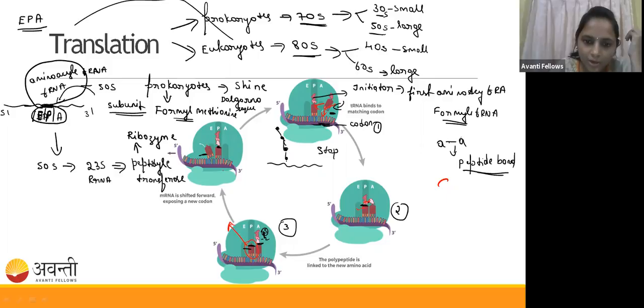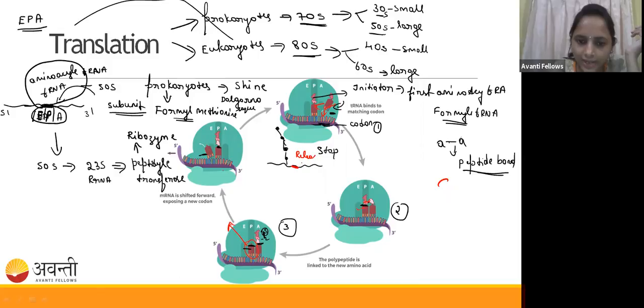Okay. So now what will happen? So here there is the presence of the stop codon, you can see. Okay. So now what will happen? Guys, the stop codon was not read by the tRNA. Okay. So this is the stop codon present here. Now what will happen? The tRNA cannot understand the stop codon now. So the release factor will come here. Okay. So the release factor will come.